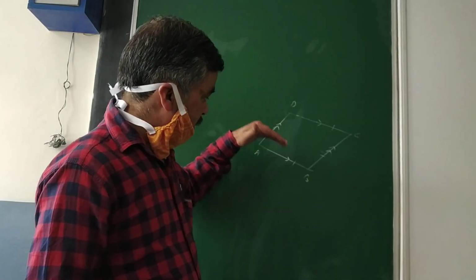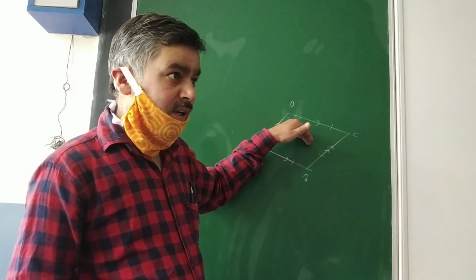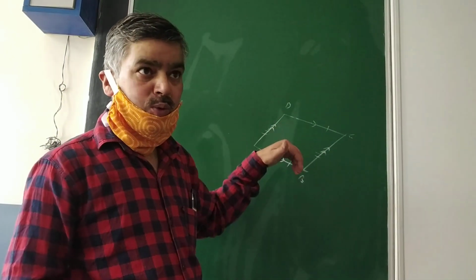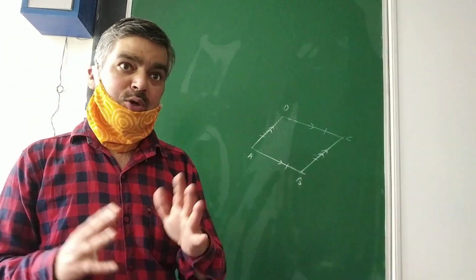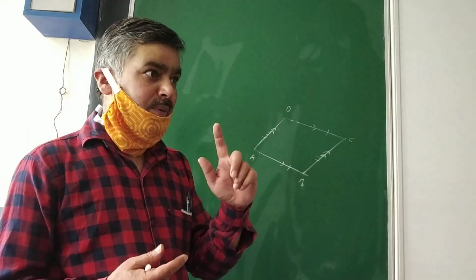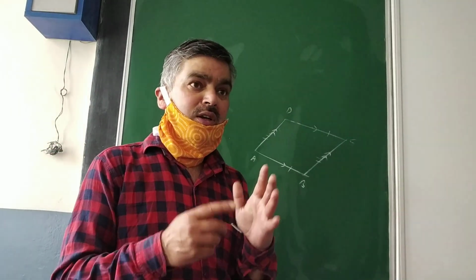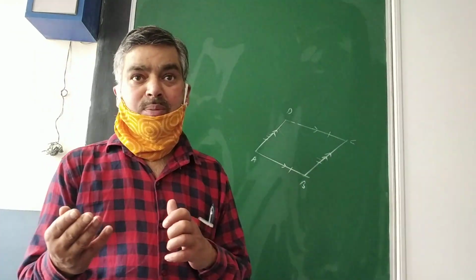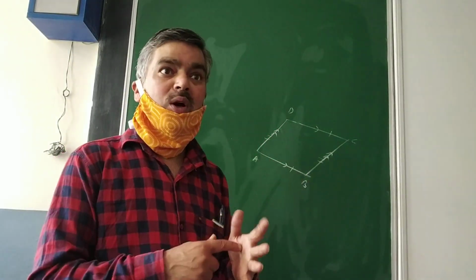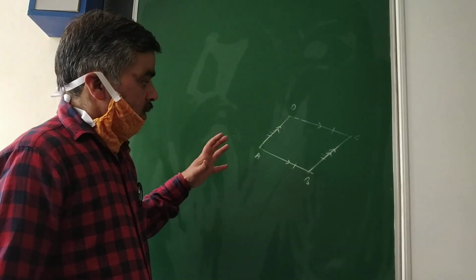But suppose you are saying this side is parallel to this side and you have not proved the equality, then you have to prove this side is parallel to this side also. That is the condition. So if you are looking at both pairs, either you prove parallel or you prove equal, then you can call that quadrilateral a parallelogram. But if one pair of opposite sides you have proved in both ways, parallel as well as equal, then nothing you have to prove regarding the other pair. Then if one pair of opposite sides is parallel and equal, you can call that quadrilateral always a parallelogram.